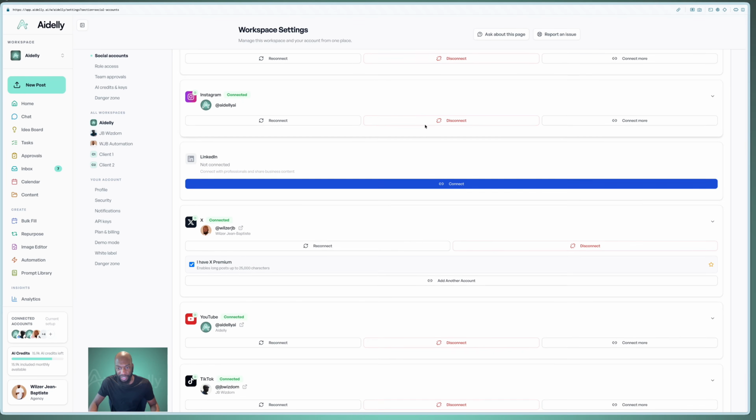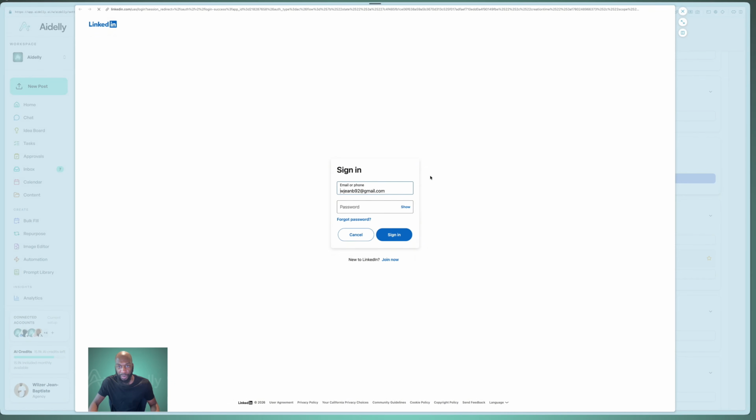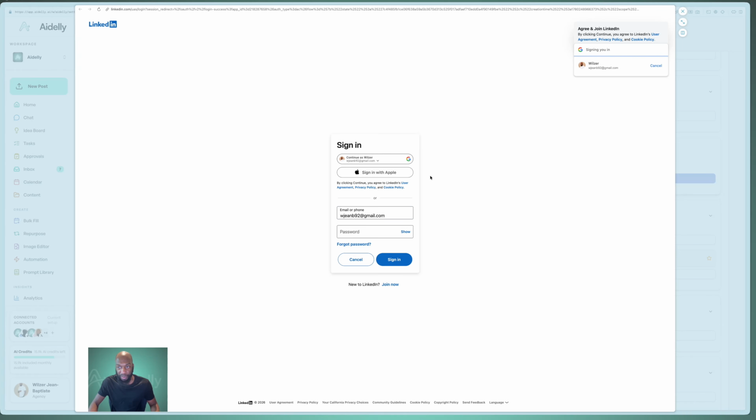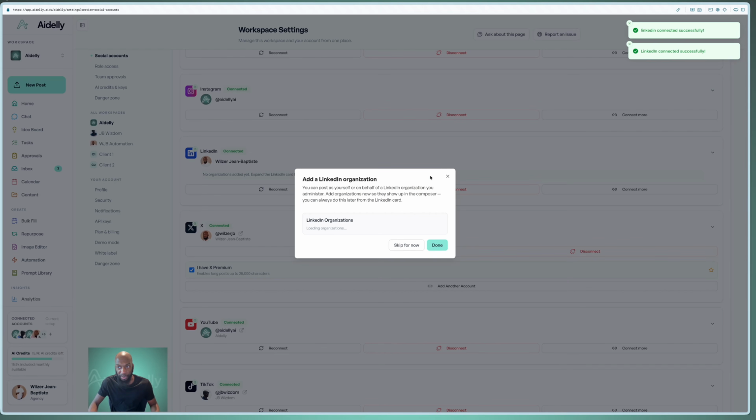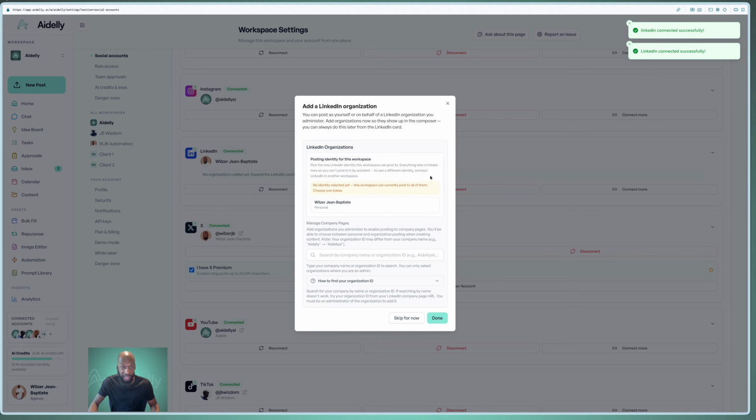So connecting is pretty easy. You just click the connect button. It's going to open up another window. It's going to sign me in to my LinkedIn account. And once it does that, we are all good. So for LinkedIn and for other platforms as well, you might get a pop-up that just